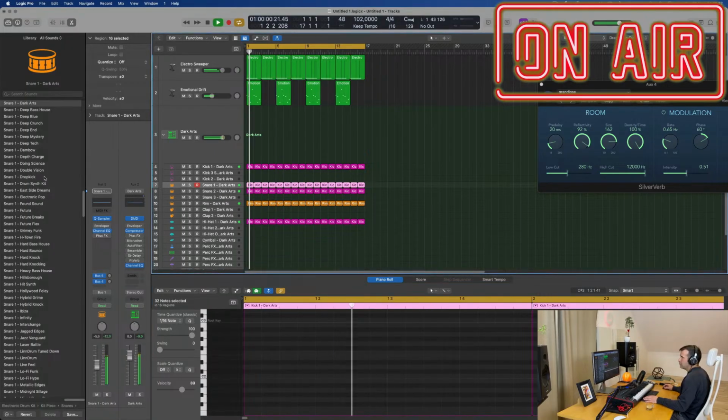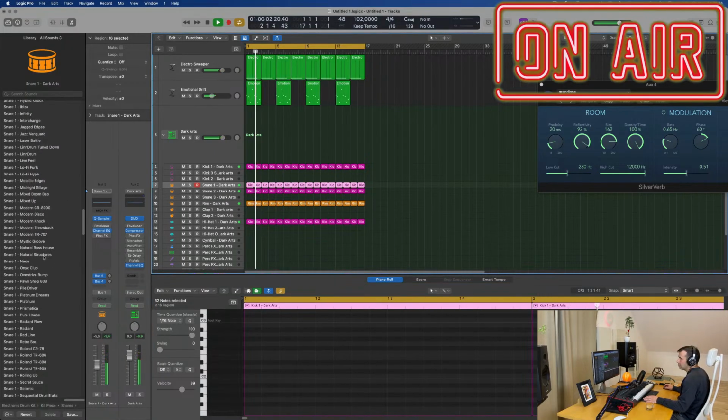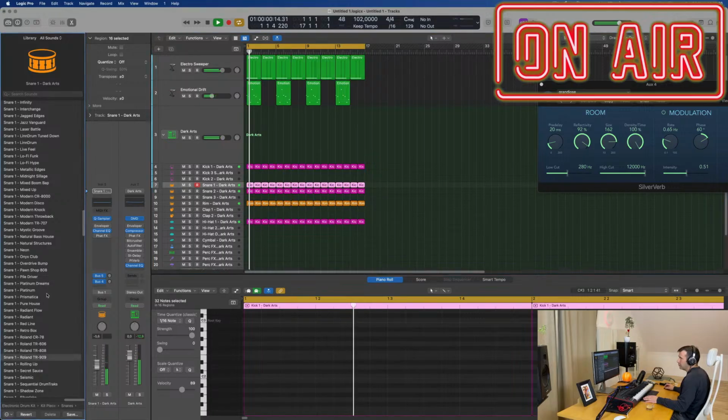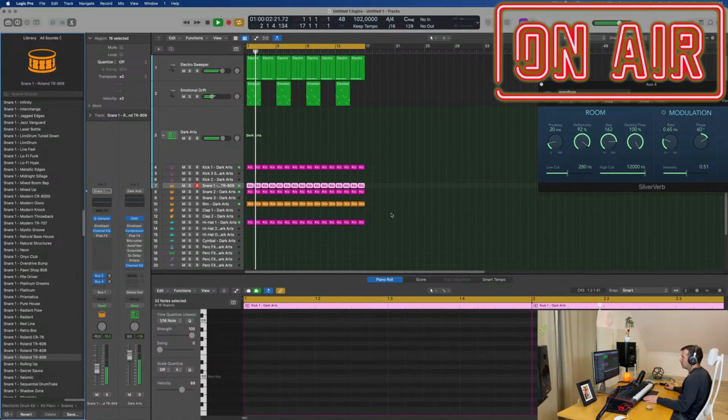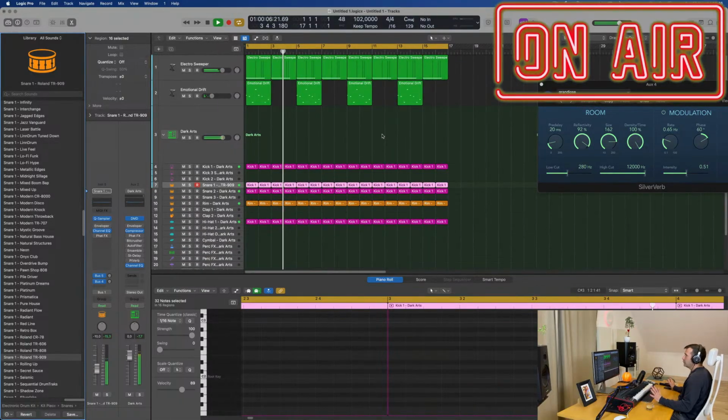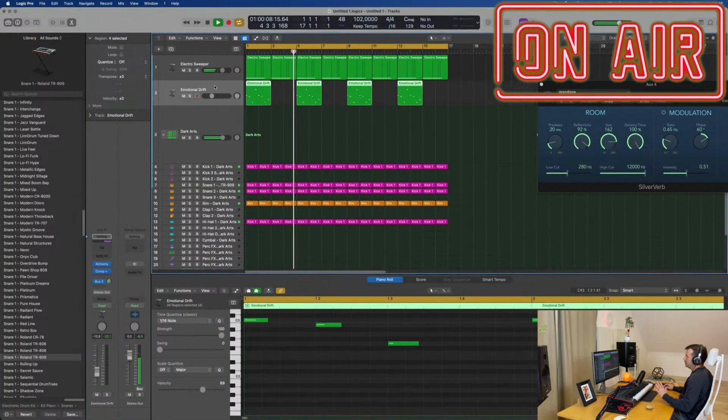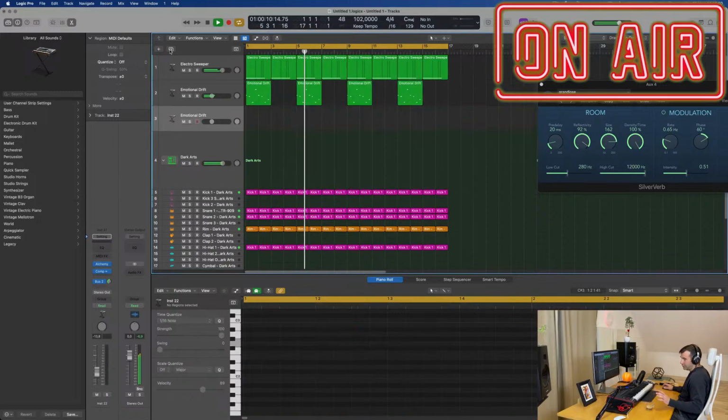What I'm going to do is I'm literally going to change the snare, probably for a 909, which is one of my favorite snares. That's a snare. Only 2 synth tracks so far. If you know me, guys, you know that I'm just getting started, and I need more coffee.